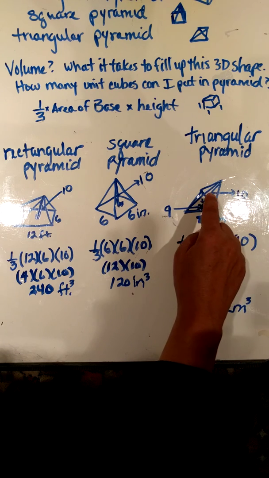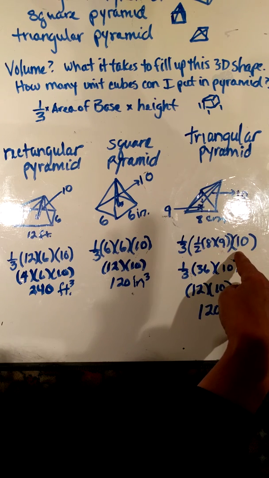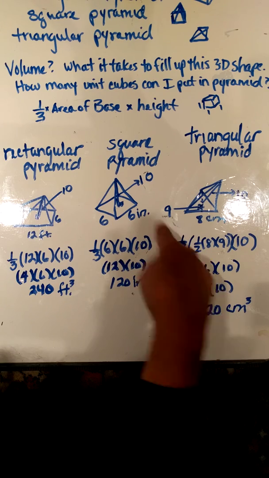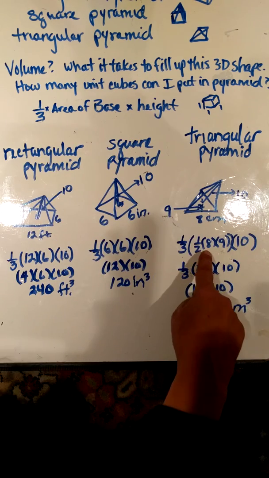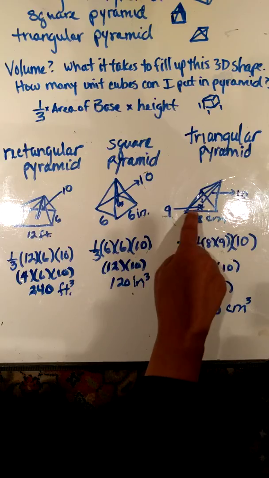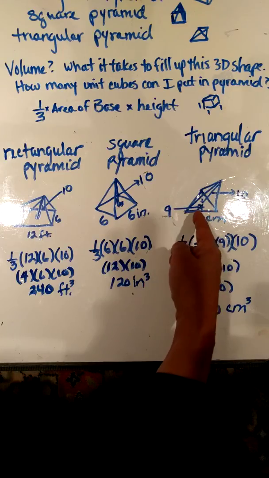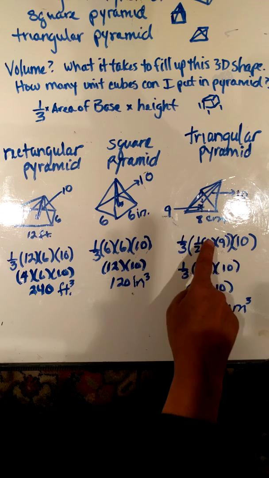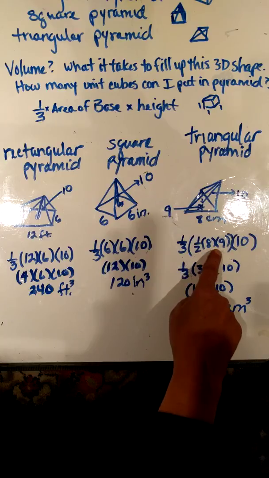And again the height is going to be 10, which is right here. Here's my 1/3 according to my formula up here. And then what I'll do is take 1/2 base times height. So here's my base, and my height here is going to be 9. This is the height of the base triangle. 1/2 base times height,